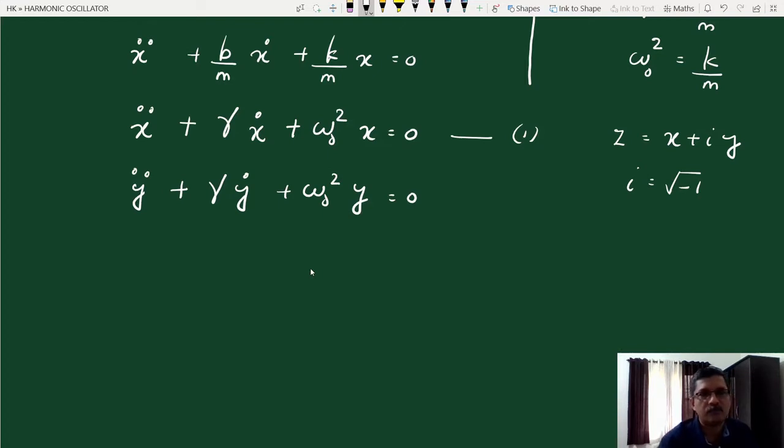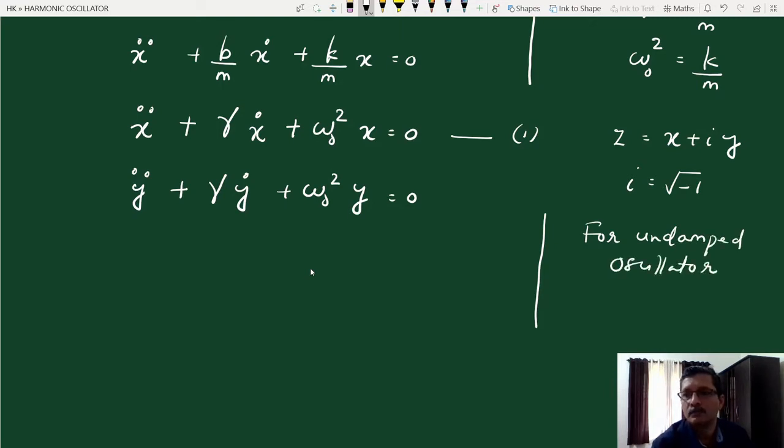That means our aim is to solve equation 1 either in terms of x or in terms of y. Finally, if you solve this equation, you should get position x as a function of time, an equation for the instantaneous position of the oscillator. For example, in the case of the undamped oscillator, that is the ideal oscillator,